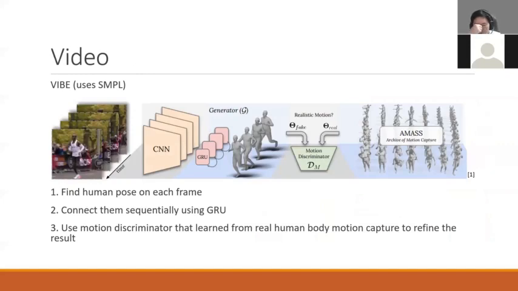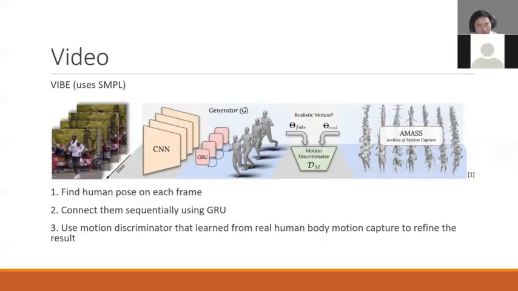Now, finding human pose for a single frame of an image is powerful enough, but when applied to a video, the prediction tends to shiver and jiggle excessively. There are many frameworks that are being used to smooth this out, and one example is using a GAN, like VIBE did. VIBE is a video inference for human body pose and shape estimation, and it uses the SMPL model, so it is